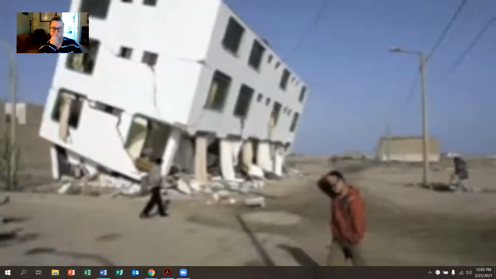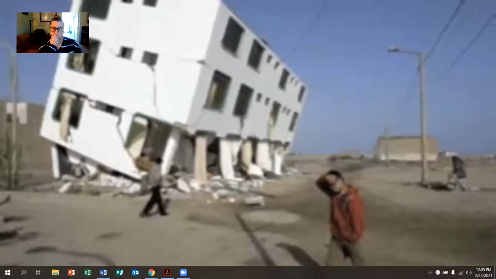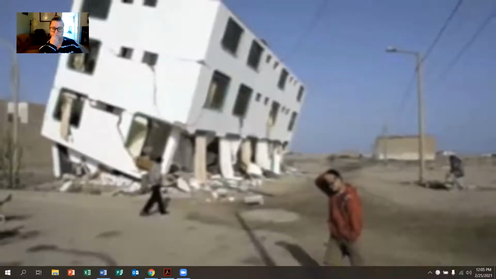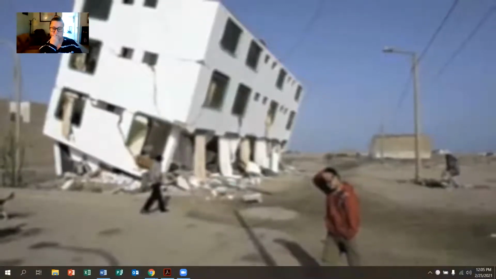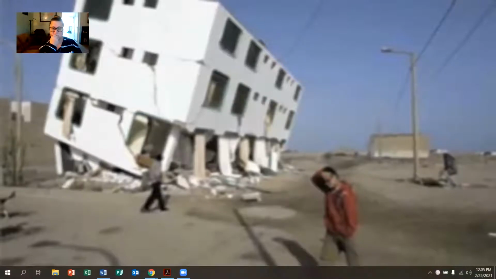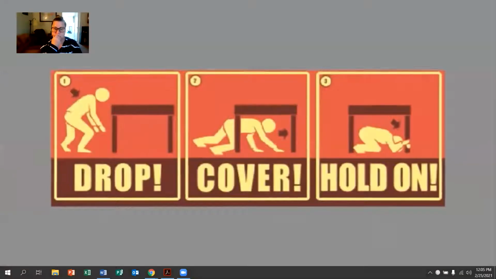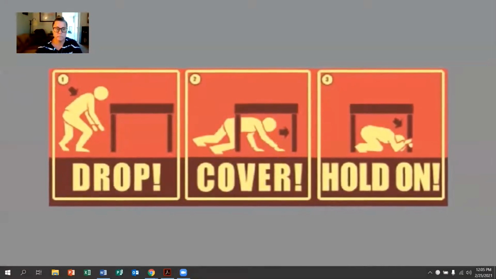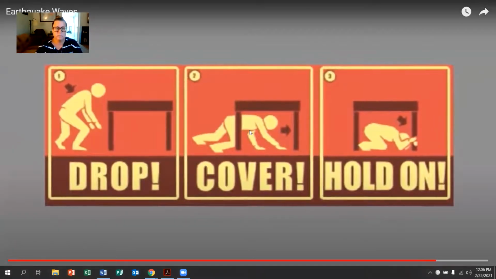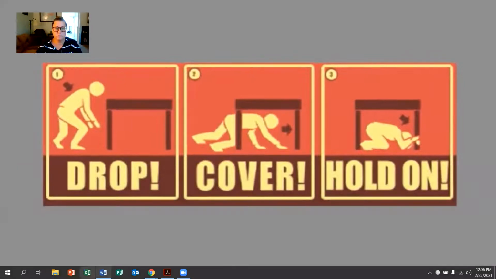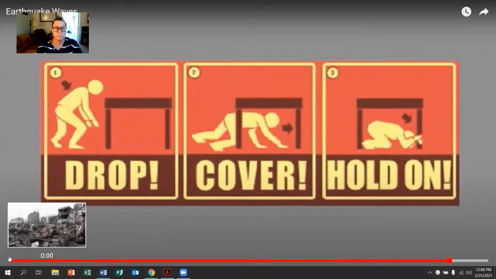Earthquakes can be detrimental. In fact, in most cases they are. In Peru, there were over 2,000 casualties. Scientists have no way of foreseeing earthquakes, as it is not very easy. However, there are 3 simple steps to follow if you are in a building during an earthquake. Drop, cover, and hold on. Just remember these steps and you'll have a better chance of being safe.